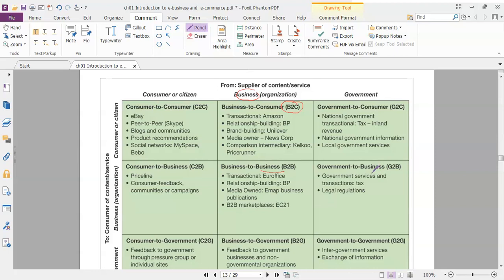For an organization, that business also needs to log in through the website of Inland Revenue so that they can be taxed by the government, or for some legal regulations. If you want to open a business, for example a cafe business, you need to have business forms, right? You need to apply to the Majlis Perbandaran, for example. You need to follow the legal regulations by the government.